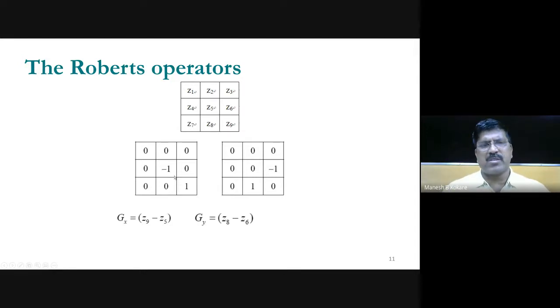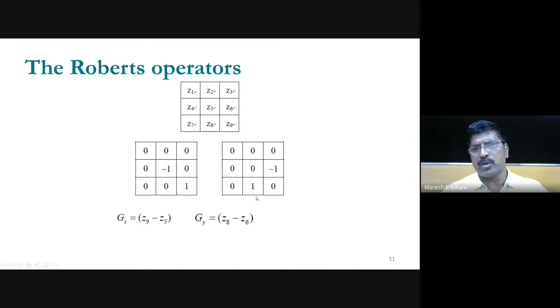But these pixels will be 0 in that case, and only this will be there. This is the pixel under consideration in the 3-dimensional case. One represents your gx and another represents your gy. Finally, if your coefficients are z1, z2, z3, z4, z5, z6 and so on, what is this one? It is z5, and what is this one? That is z9. So your gx will be z9 minus z5. What about gy? That will be equal to, what is this one?